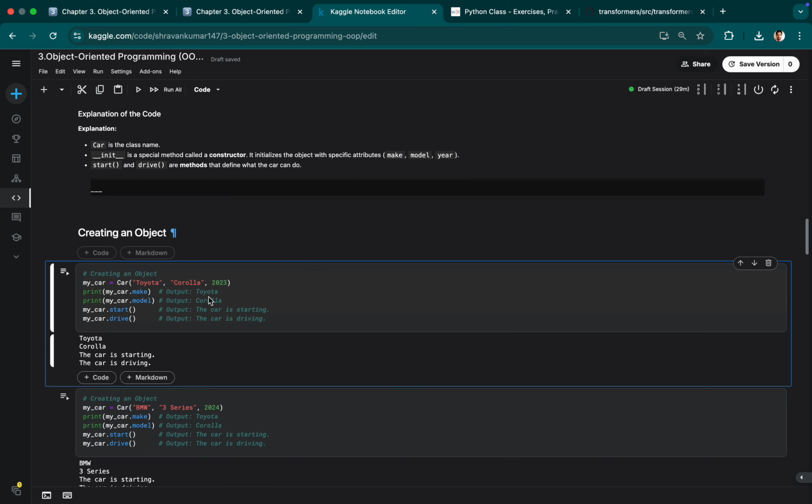So what we want to do is create an object with input attributes as Toyota as a make, Corolla as model, 2023 as a year. So that is your object created out of your class car. Okay, so if you want to see